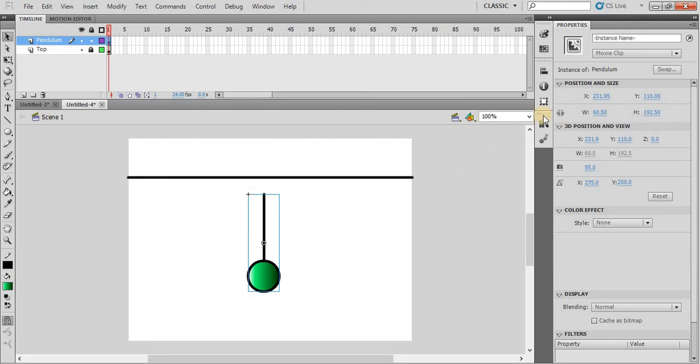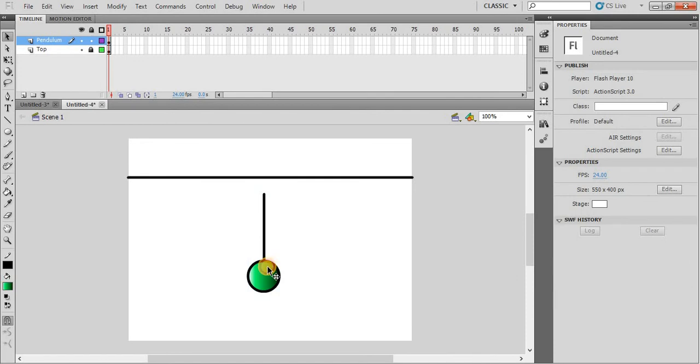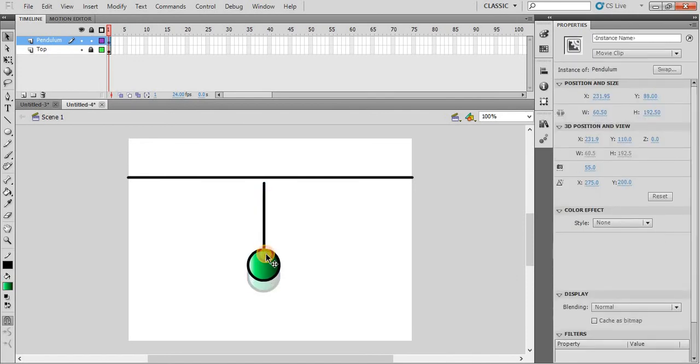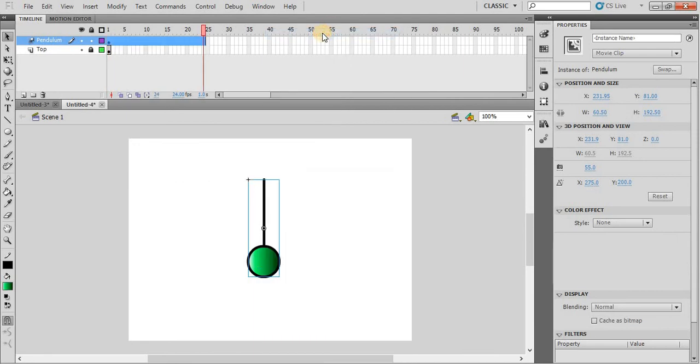Okay, so this pendulum will be available in the library, as you know. Now I want to create a tween on it. So right click, create motion tween.